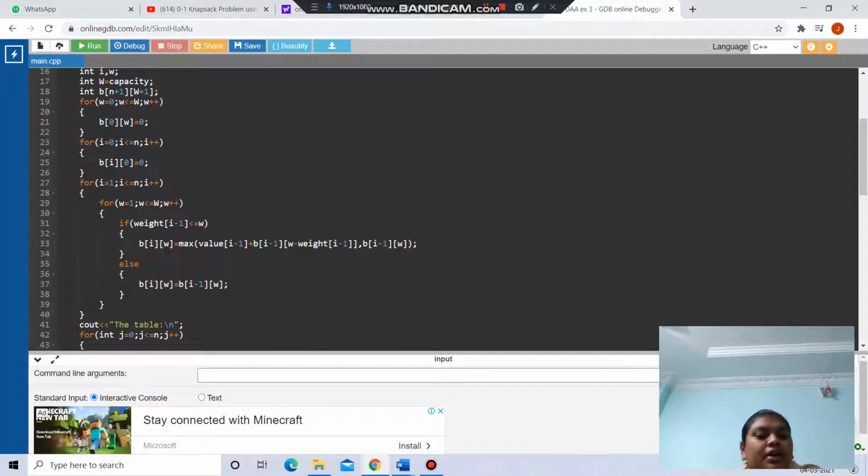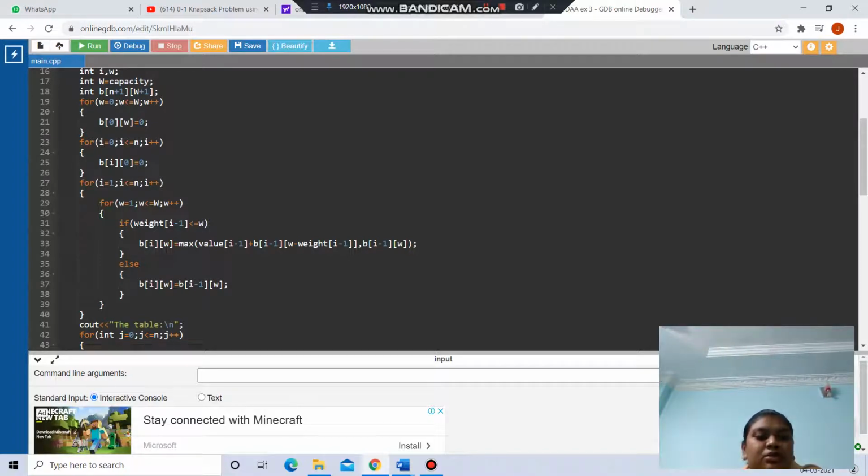Here if the weight of i minus 1 is less than or equal to w, the maximum value will be value of i minus 1 plus b of i minus 1 and w minus weight of i minus 1, and b of i minus 1 of w.